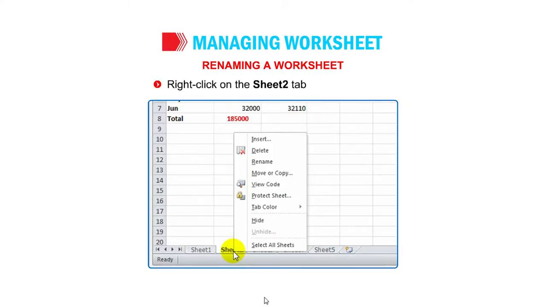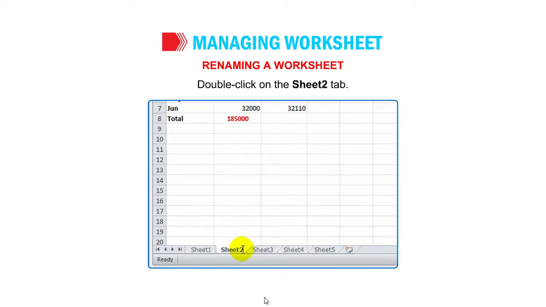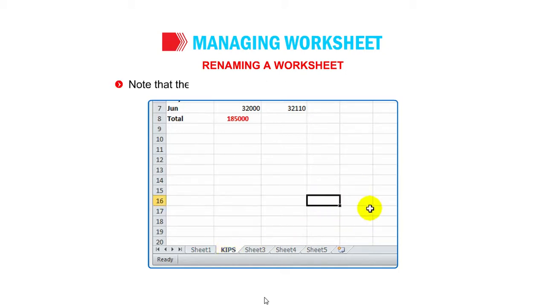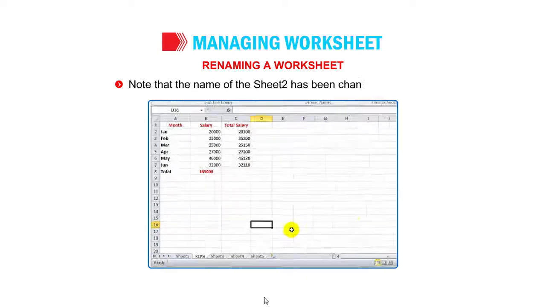Right-click on the Sheet 2 tab in the worksheet. A shortcut menu will appear. Click on the Rename option or double-click on the Sheet 2 tab. The name of the sheet gets highlighted. Type KIPS and press the Enter key. Note that the name of the Sheet 2 has been changed to KIPS.